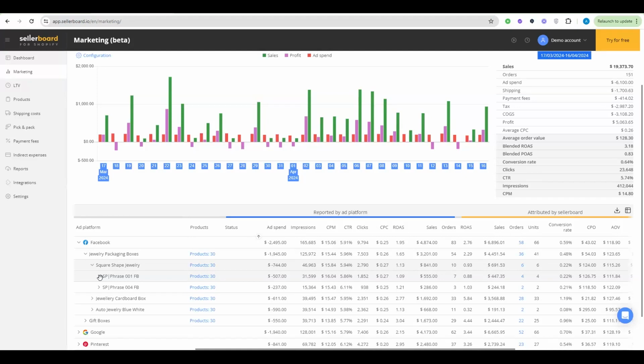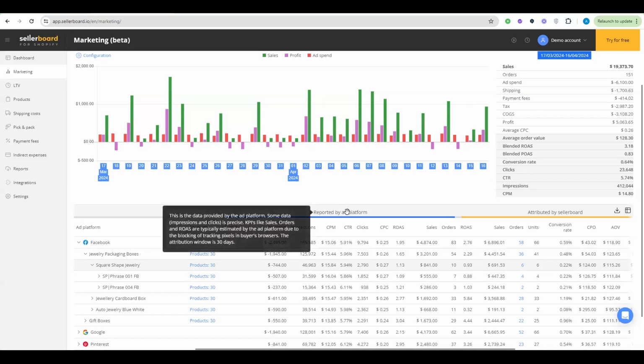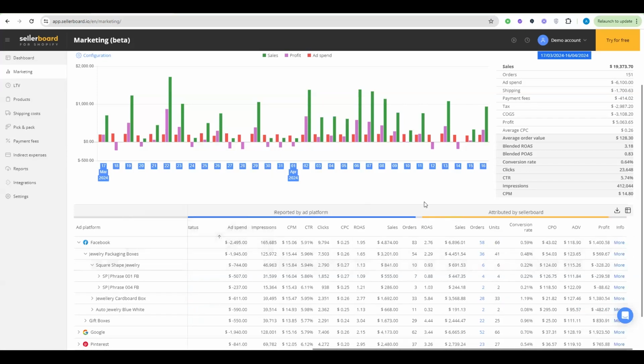And another important thing here is, as you can maybe see over here, we have two main columns, big columns, as I can call them maybe. So we have data reported by ad platform, and we have data attributed by Seller Board. So basically, these are two similar sets of data, but the first group of data we pull from the advertising account from your ad platform, and it is not that accurate in terms of attribution